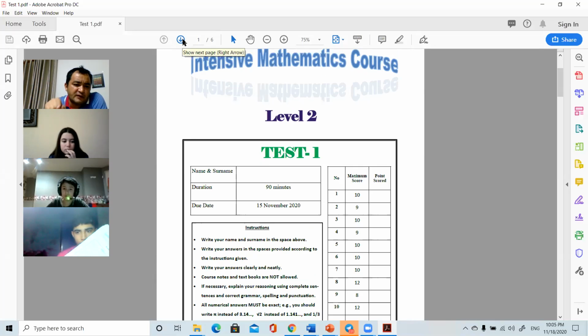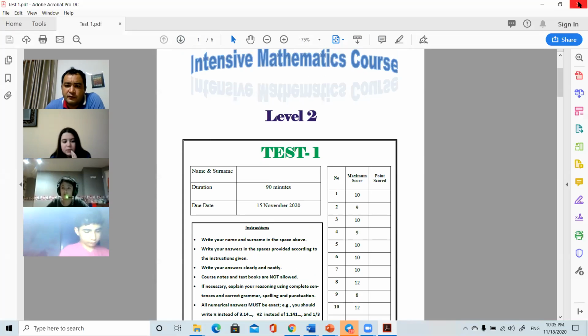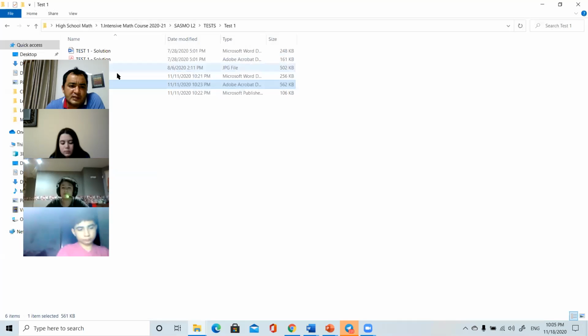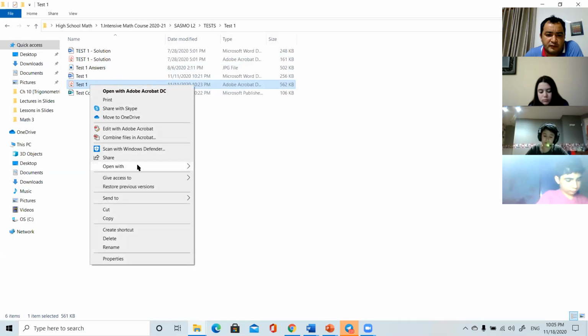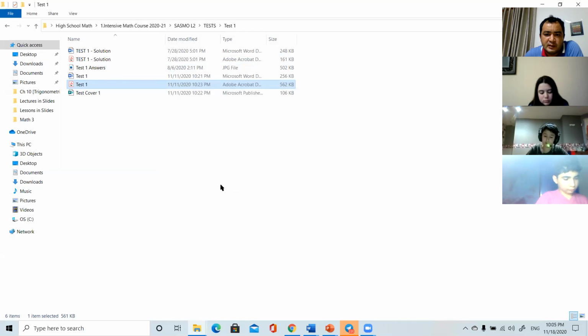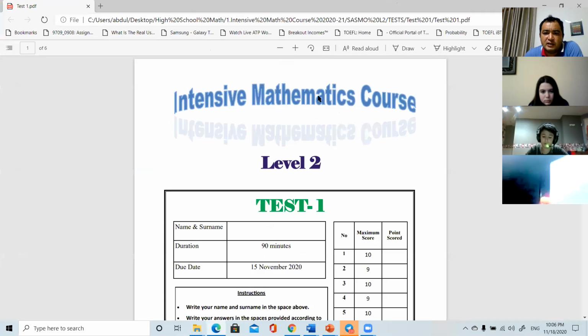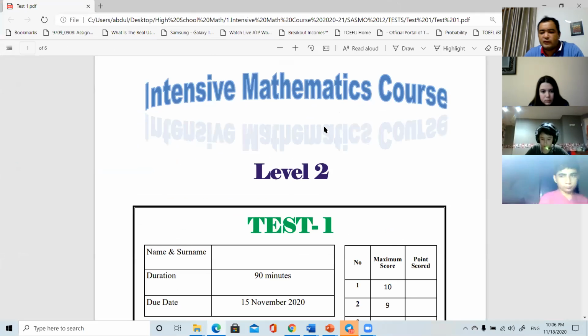You have to open this PDF file with Microsoft Edge. You know how to open with Microsoft Edge, right? For example, if I open this file with Microsoft Edge, right click, open with Microsoft Edge, you can write everything here and you can save it. It would be great if you